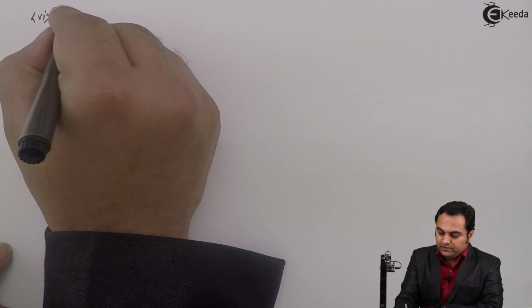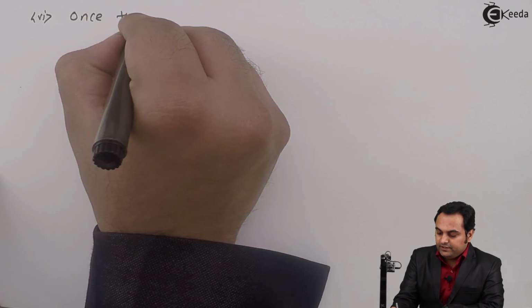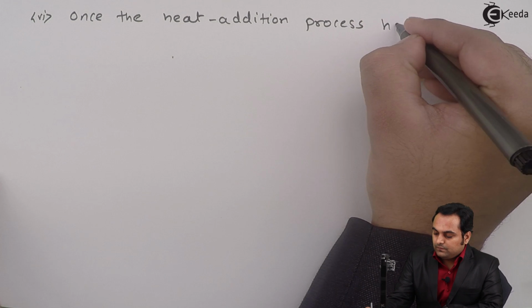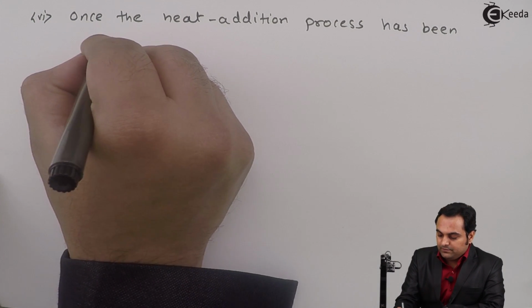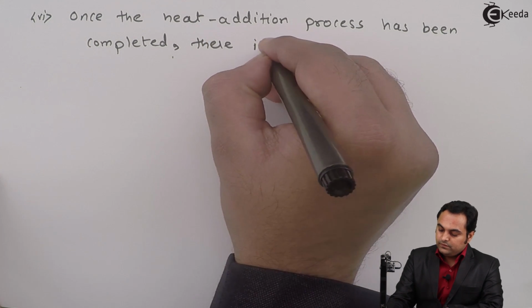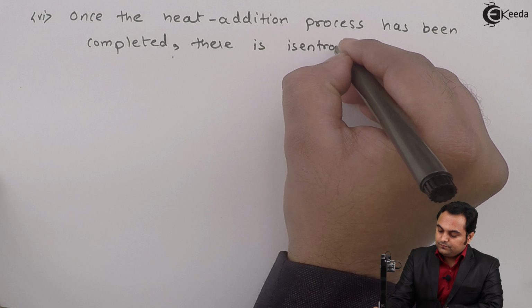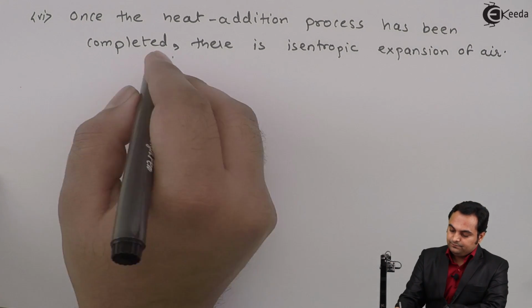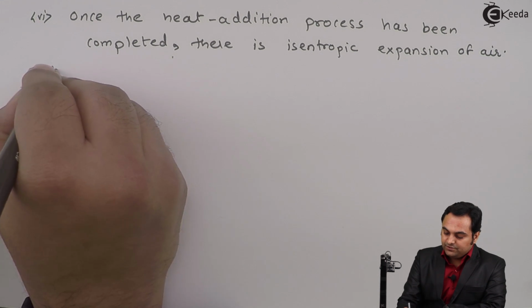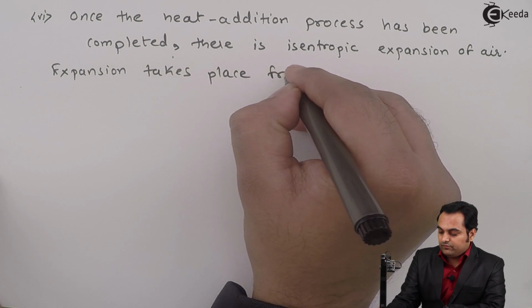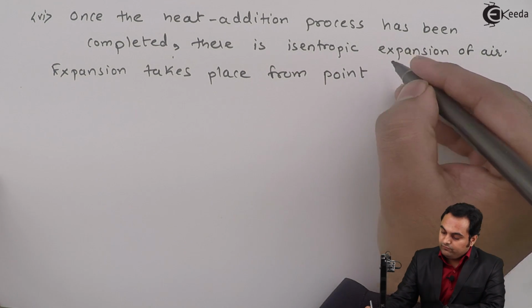So here I'll write down that once the heat addition process has been completed, there is isentropic expansion of air and expansion takes place from point 4 to 5,